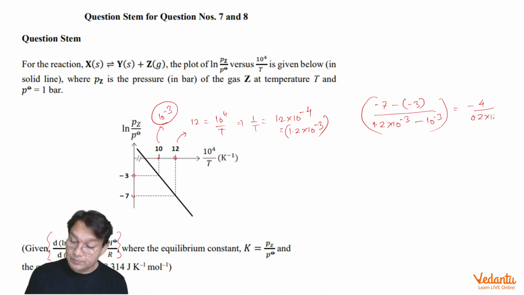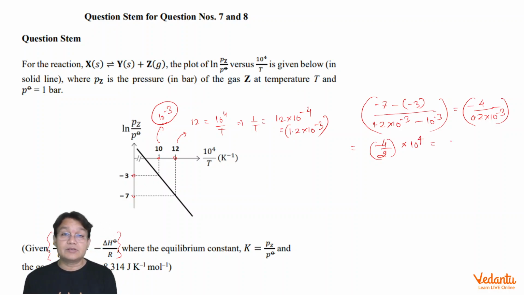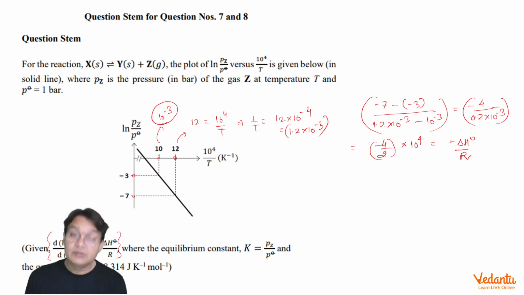0.2 into 10^-3, which is equal to 4 by 2 with a negative sign into 10^4, which is of course -2 into 10^4, and this must be equal to -ΔH naught upon R. So from this you can calculate ΔH naught is equal to 2 into 10^4 into